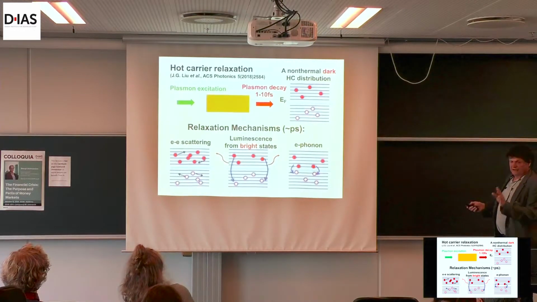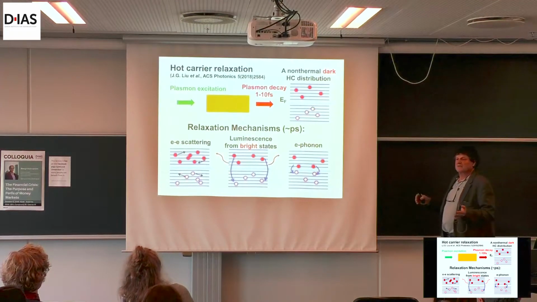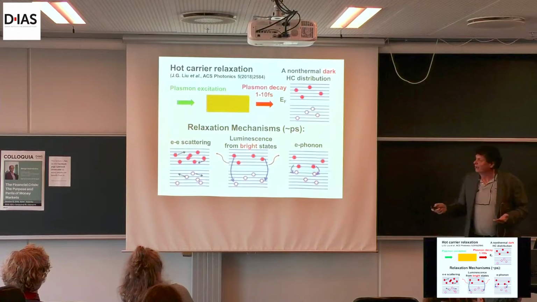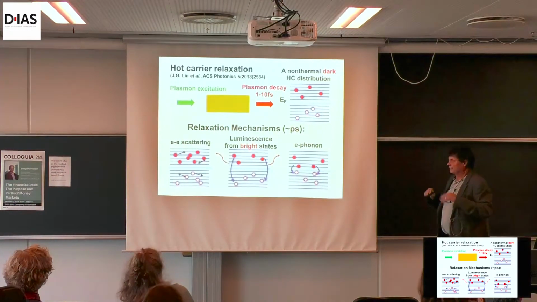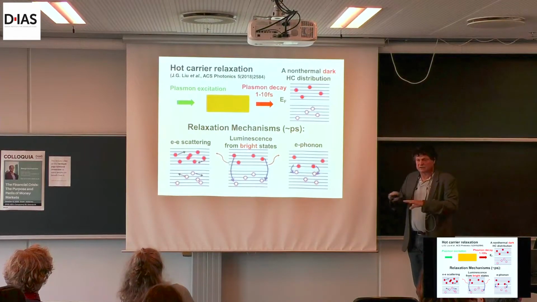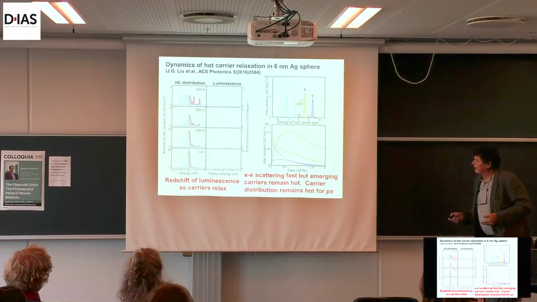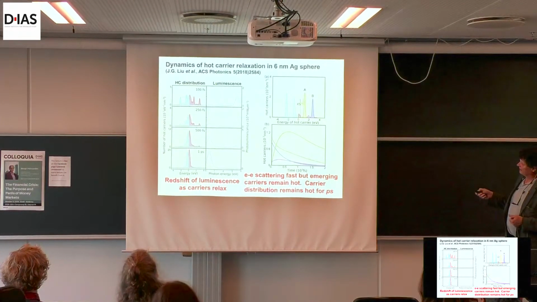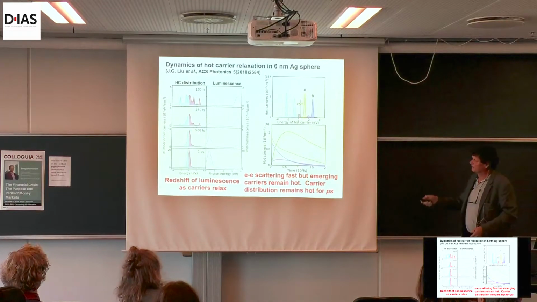So now, very quickly, this is a paper we just published. They have a finite lifetime. They don't stay hot for a long time. They stay hot for about a picosecond. So when you want to harvest them, you have to either have a CW illumination, continuous, or you have to have a very quick transfer. And here you can see a little bit about, this is a very complicated calculation where we look at the hot carrier distribution, the hot electrons and the hot holes, as a function of time after excitation.